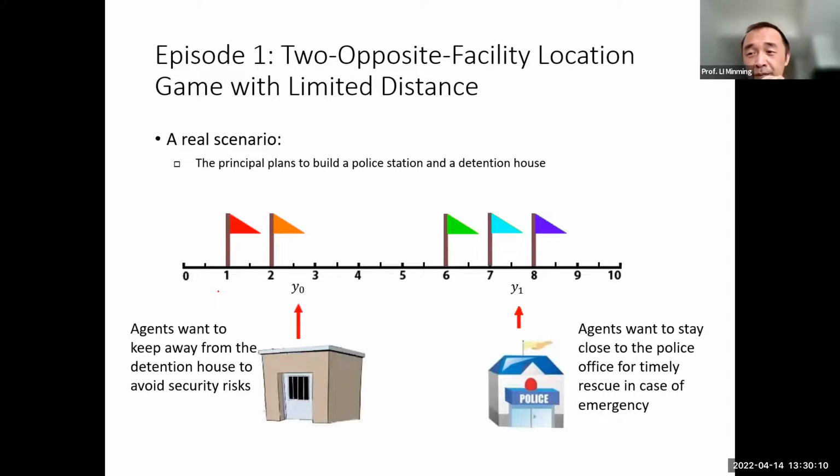Now, episode 1 is the model we studied in the same paper as the farmers market paper. This one is a two opposite facility location game with limited distance. So what's the story? The story is the following. Suppose we have two facilities. One is like a police station. The other is a detention house or prison. Okay, and then